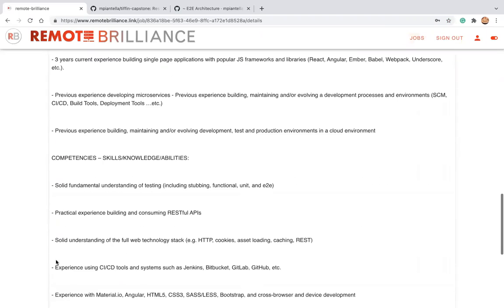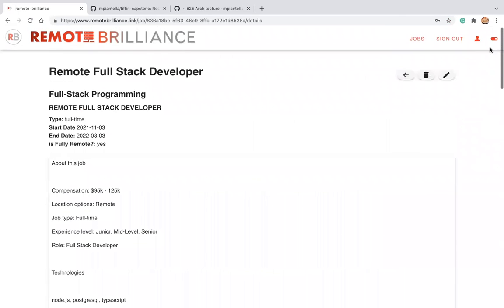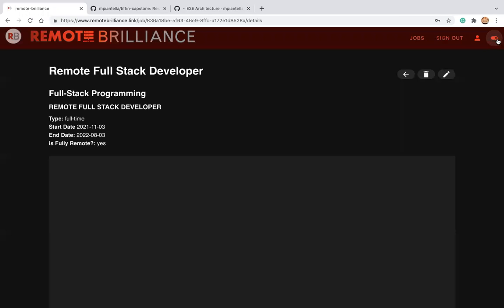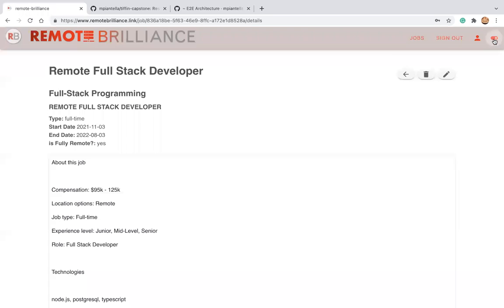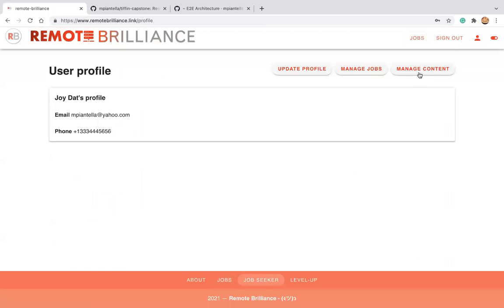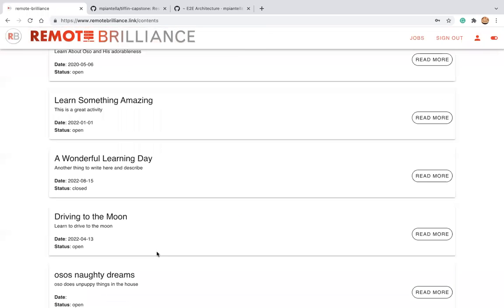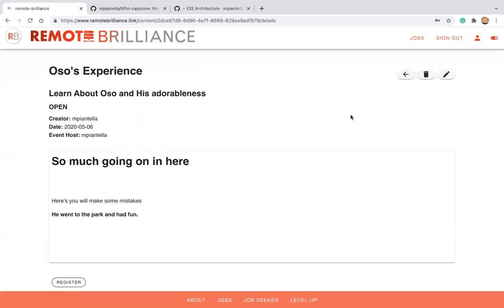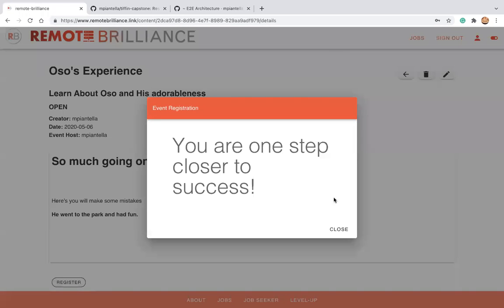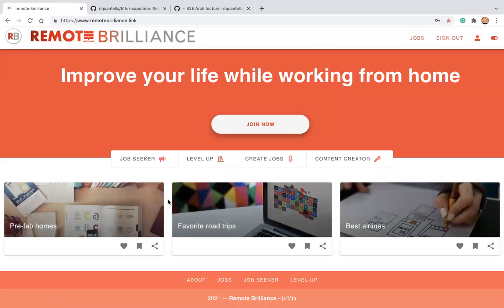I didn't have a chance to complete the apply, but I did add a little bit on the things I didn't complete. Another nice thing is that Vue lets you set, pretty easily with three lines of code, a dark mode, just with an easy switch, and then a management of content. The content is the same. I use the same format for all of the forms. This would have been registration for leveling up.